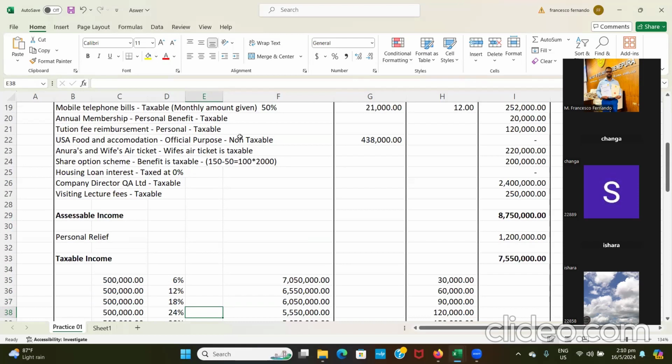a personal benefit, because you do chartered, you are not going to make a benefit to the employer, right? There you are not giving any purpose to them. You are doing that for your own benefit. So therefore, that annual membership fees is a personal benefit. So personal benefit should be taxed. So since they have given annual, here we can put directly the annual amount. And moving forward,